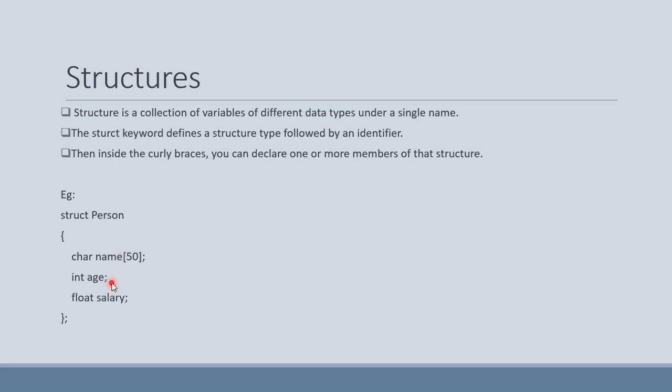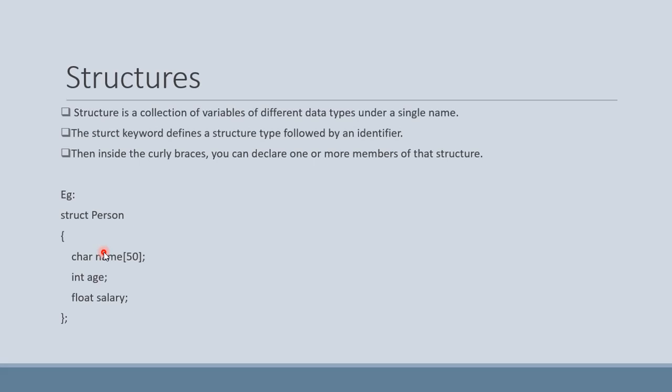And inside the curly braces, you see I have defined many variables. Name, which is a character, age, which is an integer, salary, which is a float. Remember, a structure ends with a semicolon, not like any other curly braces we have ever learned. Inside this structure, we can save the person's name, age and salary in the same structure